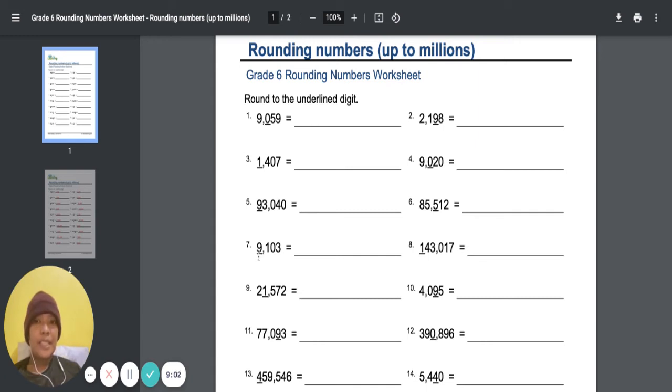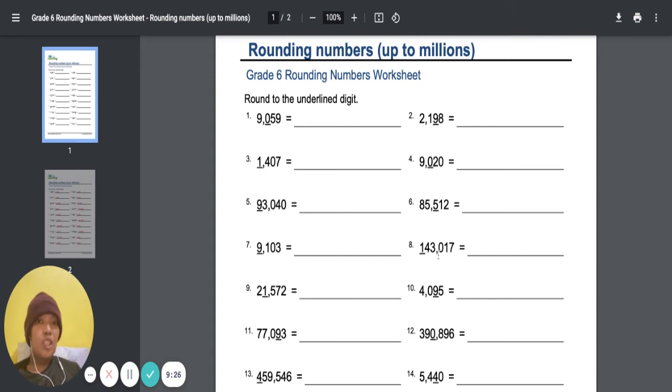Number 7 is 9,103. So, this is thousands value. So, ano po yung nasa right ng 9? 1. So, again, 1 is less than 5. So, ano pong gagawin nyo? Retain ang 9, you make it 0. So, your answer is 9,000. Okay? So, how about